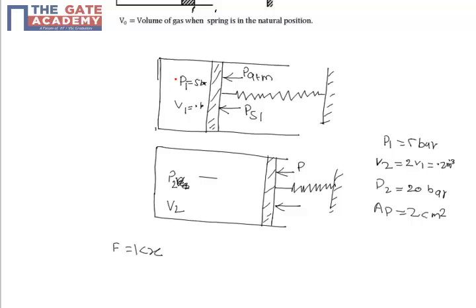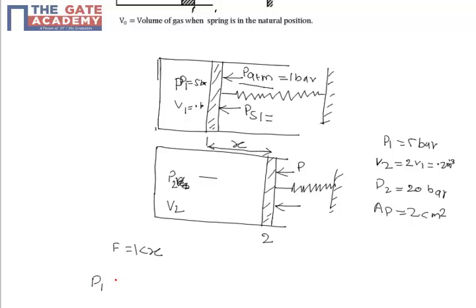So here condition 1 is shown as the pressure P1 is equal to 5 bar, V1 is equal to 0.1 meter cube, and only two forces are there. One force is P atm, which is equal to 1 bar, and P of spring. Now when heat is added, the piston is moved from position one to position two, and it is displaced by the volume of X. Okay, so now in the first condition, if we apply the energy conservation law, then it is